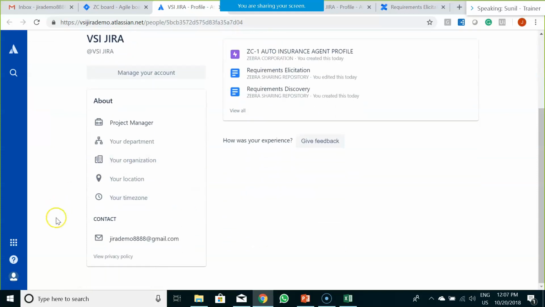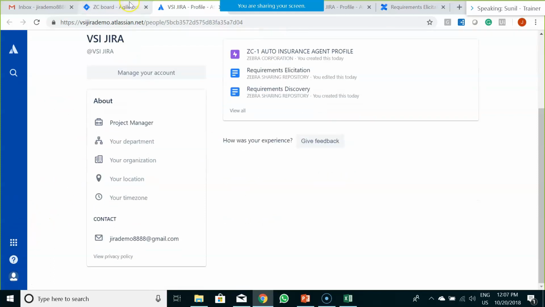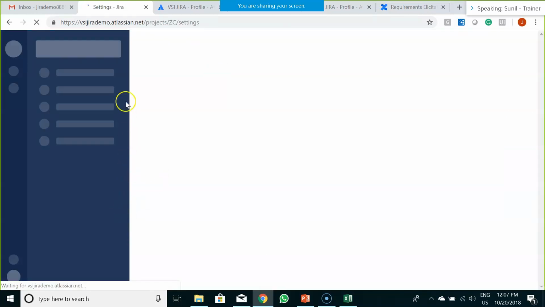Whatever users you would like to add to this application, you have to add them in project settings, not the profile settings.